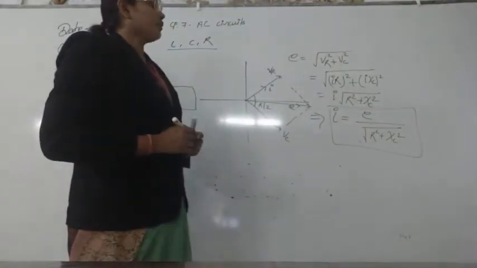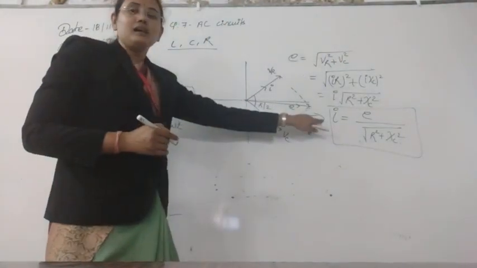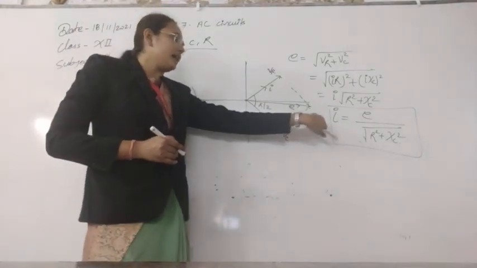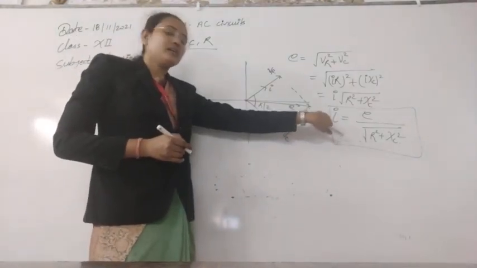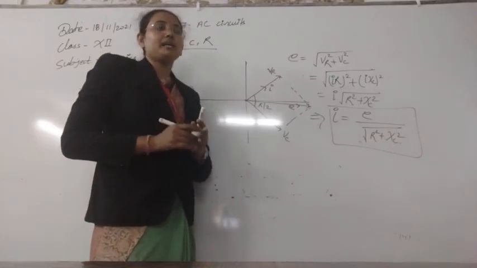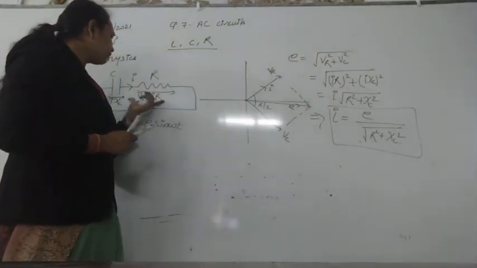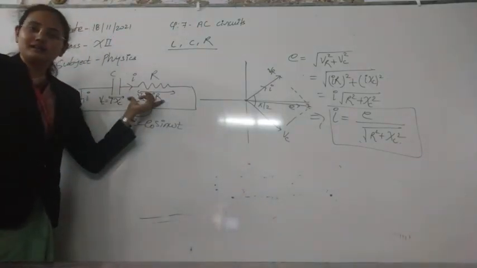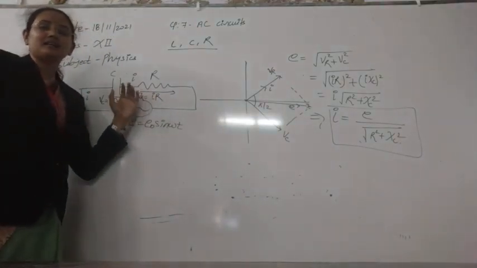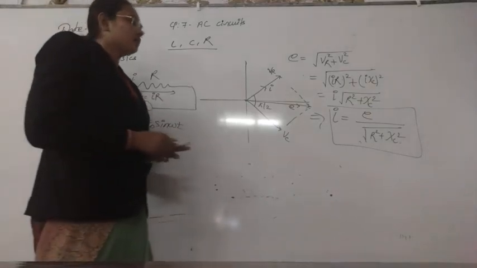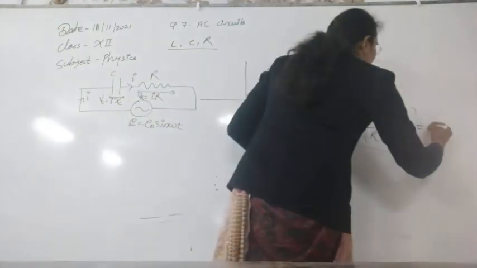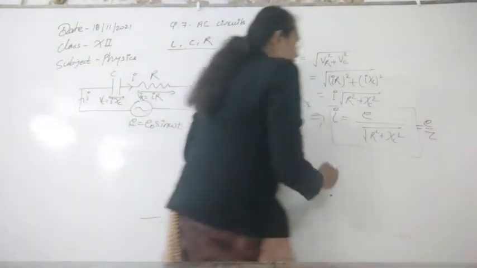Now we can compare this equation with Kirchhoff's law, that is I is equal to E by Z, where Z is the impedance of the combined circuit. Whenever we have a combined circuit, its resisting force or opposition is called impedance, and that is denoted by Z. So from here, if we compare this with the equation E by Z,